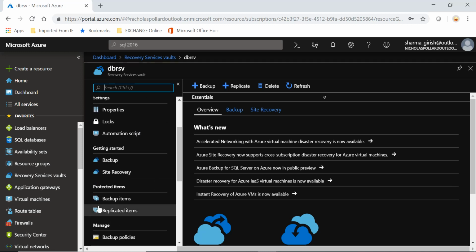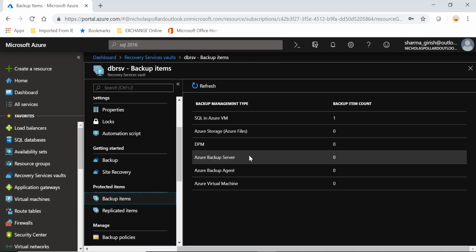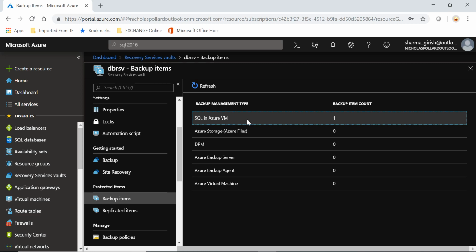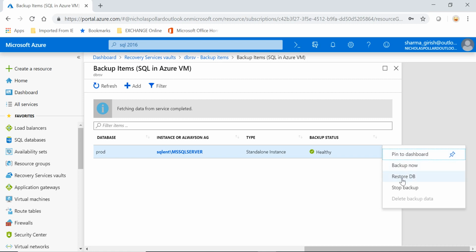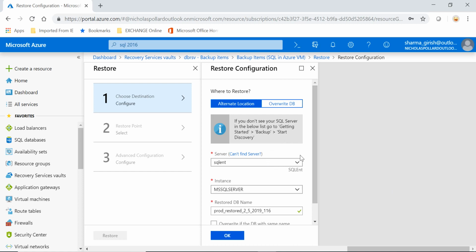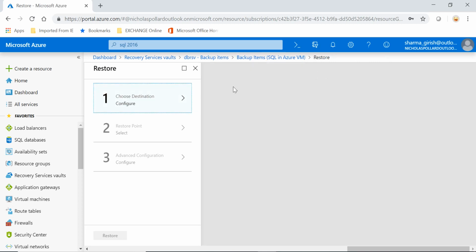So what you can do is go to the protected item and go to backup items, and go to the data that we backed up last time. Expand that, and this is the data that we want to restore. If you expand these three dots, you have the option of restoring this database. If I click on this, you will see that I have the option of alternate location, and if you expand the server, you'll see that if for some reason you don't see the server that you want to restore the database to, you can close this,